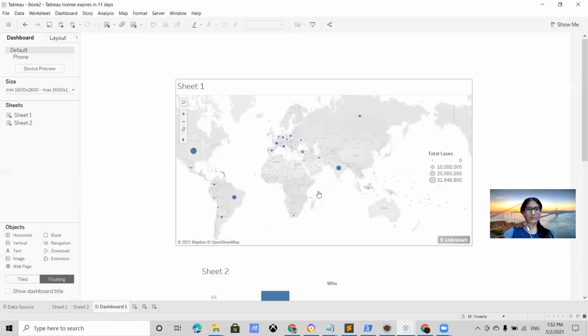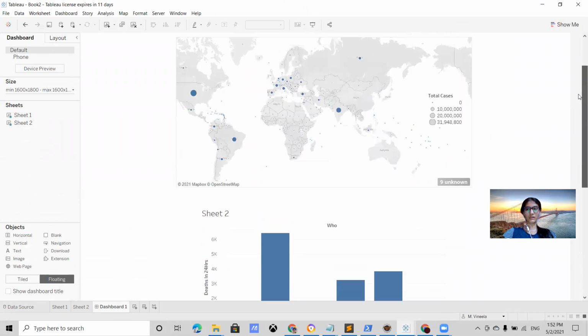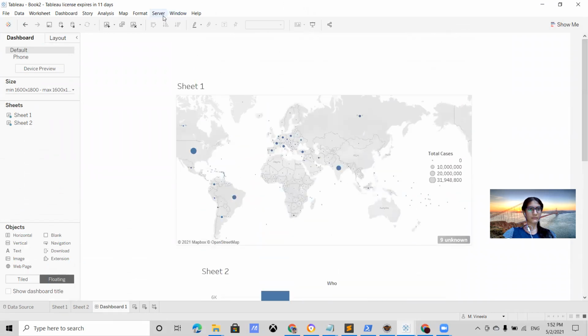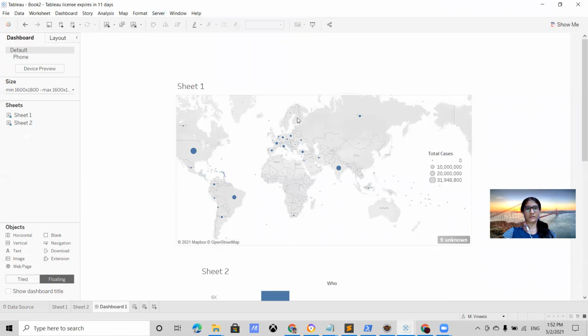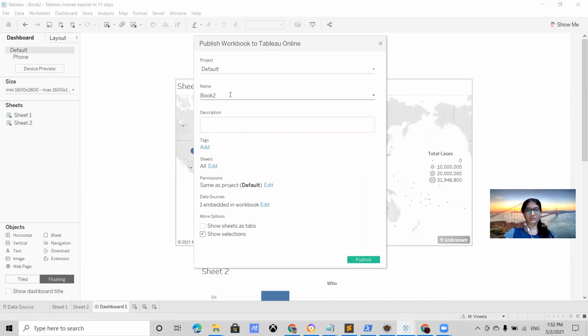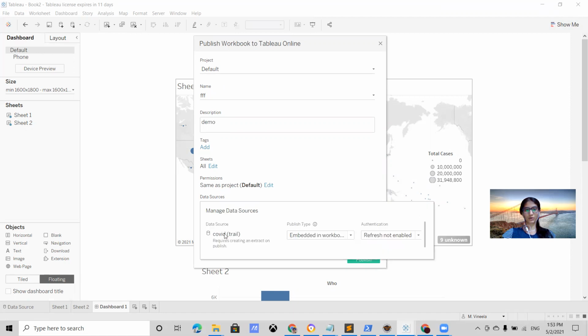Instead, I can publish this dashboard so that it won't duplicate it. Publish workbook. I'm publishing this. Okay, data sources, it is already connected with COVID trail.